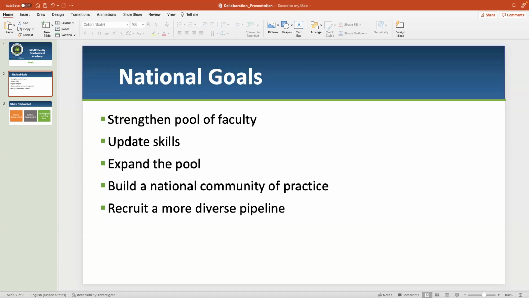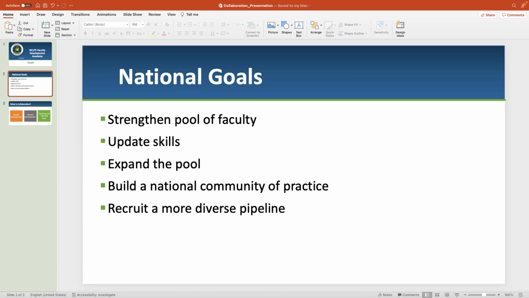We need to make our faculty ranks more diverse, and that includes outreach to Hispanic-serving institutions and others to bring more women in. And we're doing the same thing with our train-the-trainer staff. We're trying to make that better represent the students that we're serving.